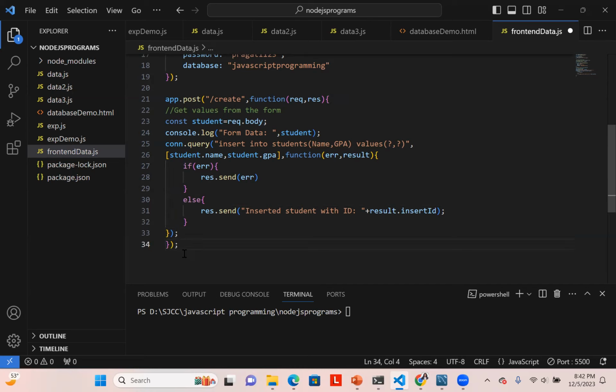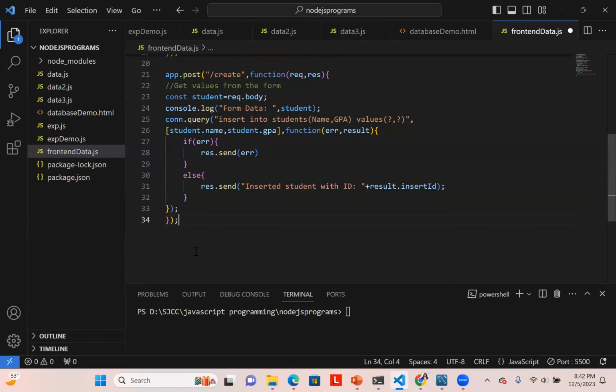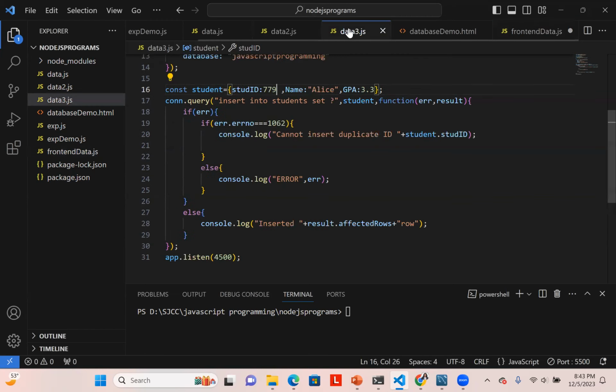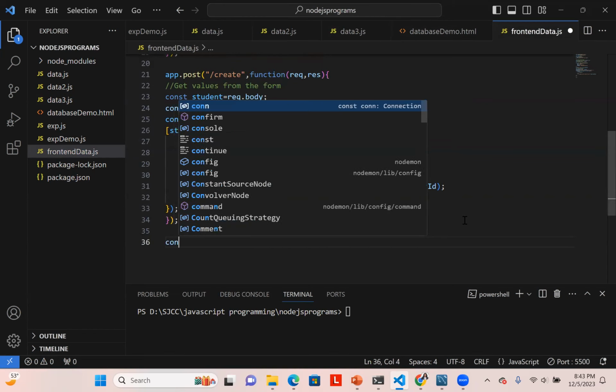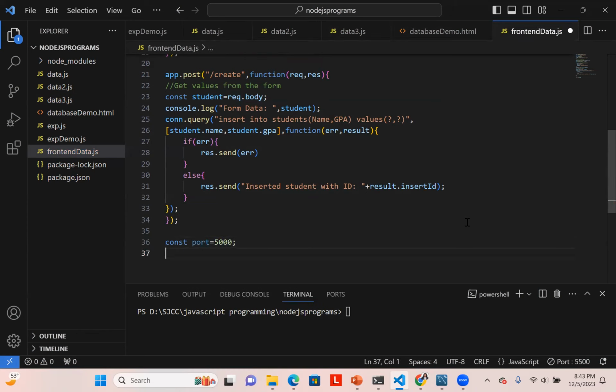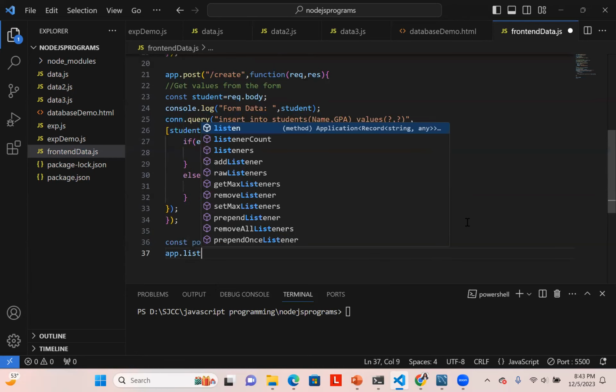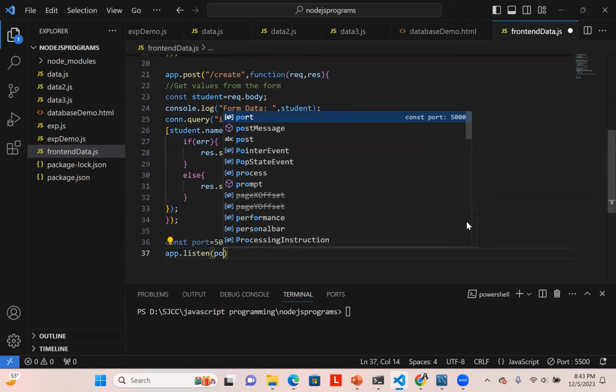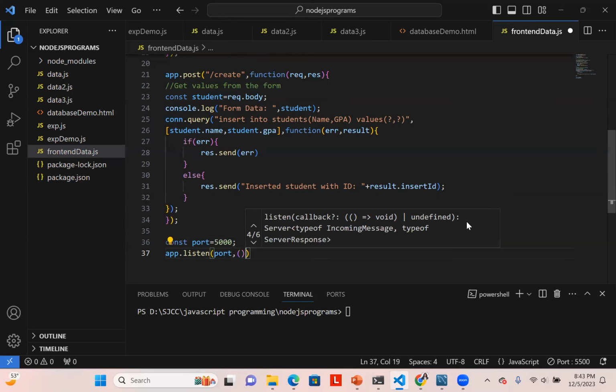And then you have to assign app.listen at some port, and I'm going to assign that port to 5000. And just to print that the server is running on the port, I'll do it a different way this time. You can directly write it like this, app.listen, but I'm going to show you another way. I'm going to say const port equals 5000. Okay, set your desired port. And then I'm going to say app.listen port, take a function